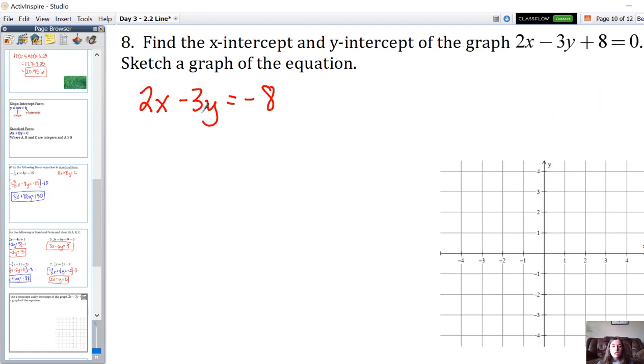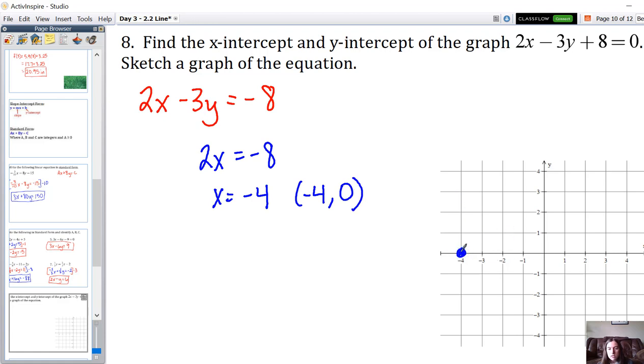So if y were equal to 0, we could plug that in here and say, okay, what is negative 3 times 0? Well, that's just 0. So then we have 2x equal to negative 8. If you're doing this on a piece of paper, you could literally just cover up that negative 3y if you're looking for the x-intercept. So we have 2x equals negative 8, and then we're going to divide by 2, so x is equal to negative 4. So then our x-intercept is at the point negative 4, 0, and we can plot that point,